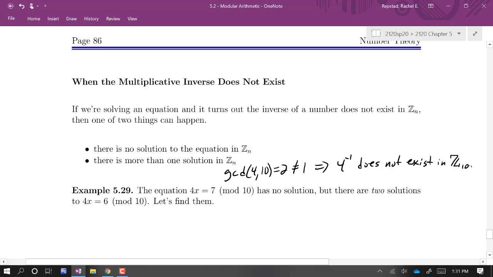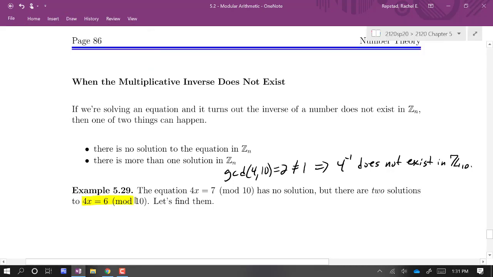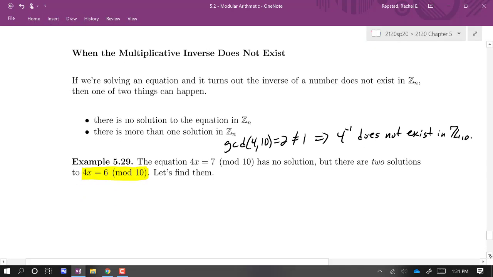So you could check them all. This is easy to check by brute force, by the way, because Z10 just has the values from 0 to 9, and you could just plug all 10 of those in and see that it doesn't work. But if I look at this equation, 4x equals 6 mod 10. Now 4 still doesn't have an inverse mod 10, right? They're not relatively prime. But as it turns out, there are two solutions to this. So one solution